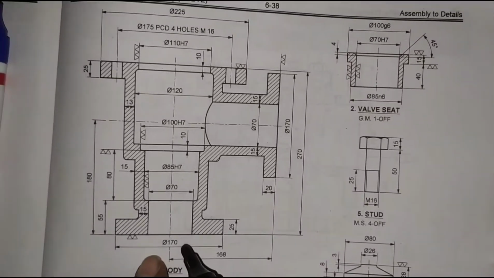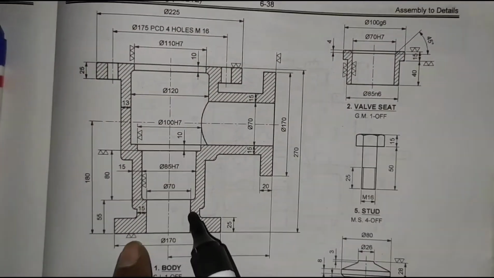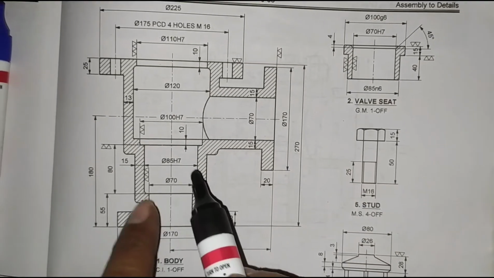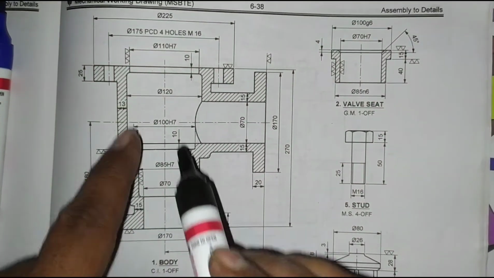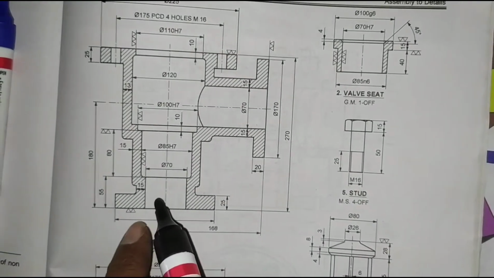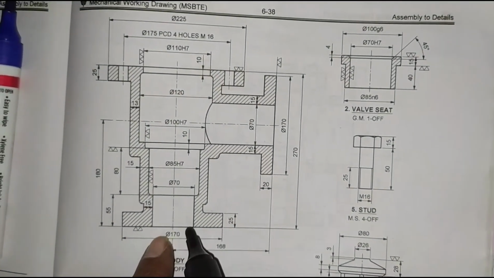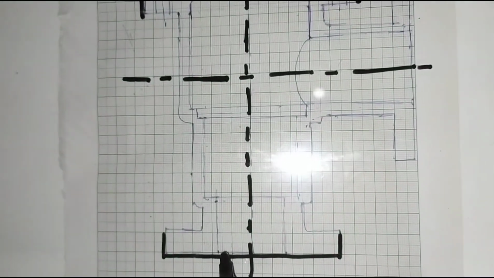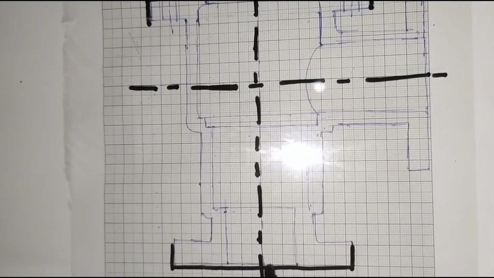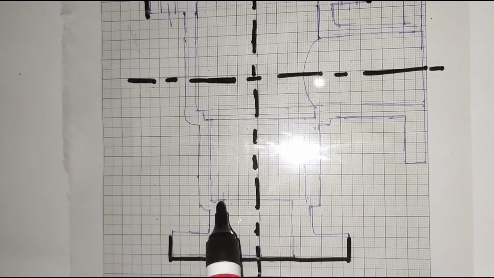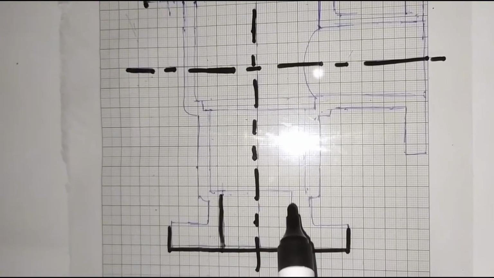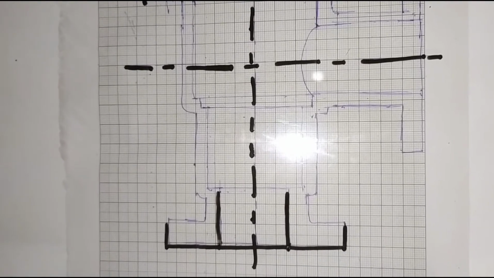Now we will create a logic. First, what is the diameter? This is 70 mm diameter. What is the height of this 70 mm? This is the internal step, that is, the internal hollow diameters. The first diameter is 70 mm from the base. What is its height? 50. This is 70 mm, 35 mm on the other side. What is the height? 55 mm. This is the first part.